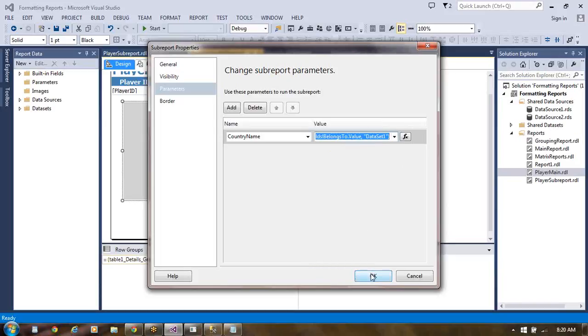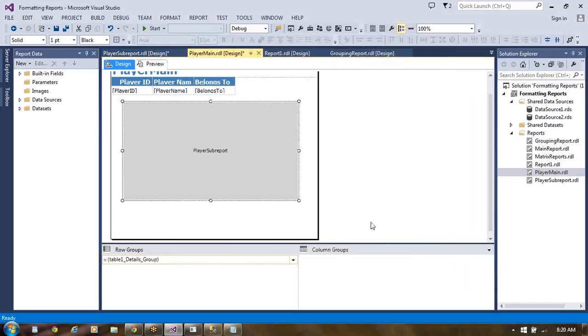Click on OK here. Click on OK. Like this, now a sub report is made for us. Depending on the main table, the information is going to be shown for us. We made a sub report in this manner. Okay. So now let us try to preview this.